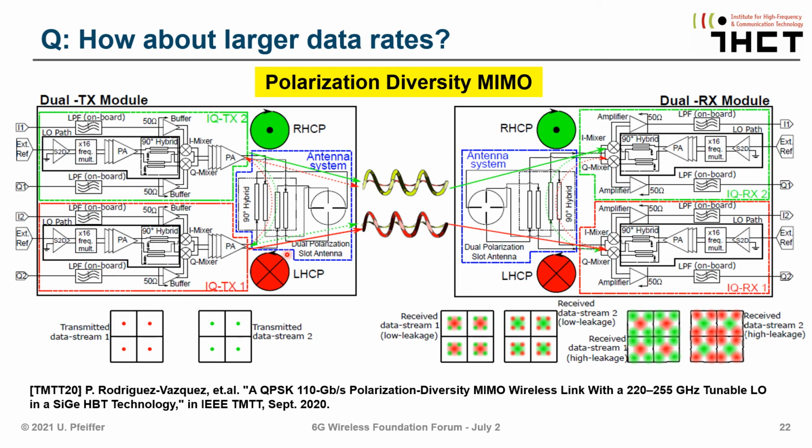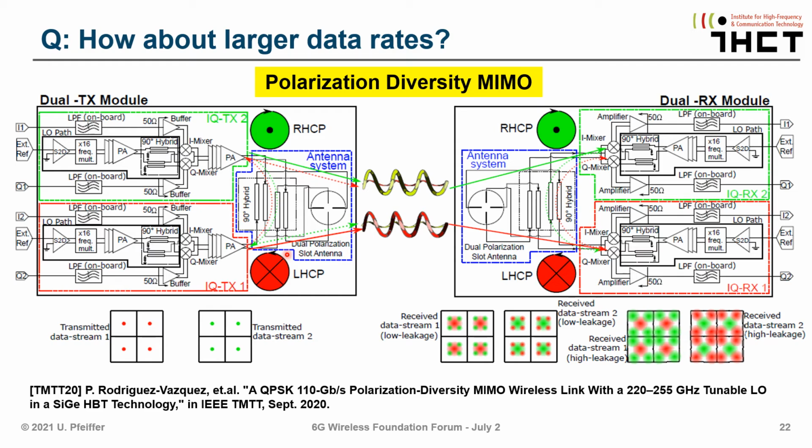So how about larger data rates? 100 gigabits per second in principle are already quite nice, but we would like to increase that by combining multiple channels together. And one way of doing this would be to use a polarization diversity. That can be cross-polarized, or in this case we are using circular polarized radiation. So we have to have an on-chip antenna that creates left-hand circular and right-hand circular polarized radiation at the same time. And then on the receiver side, we need to come up with a hardware implementation where we can separate these two